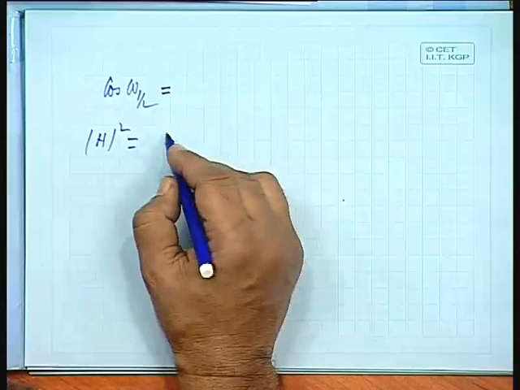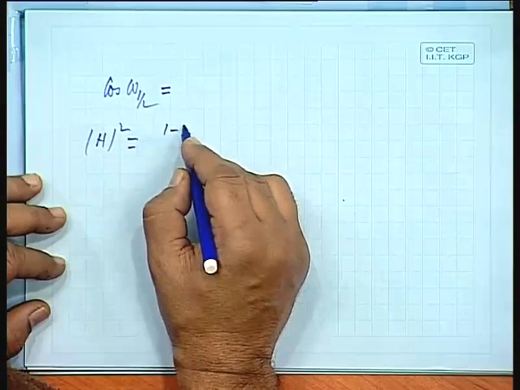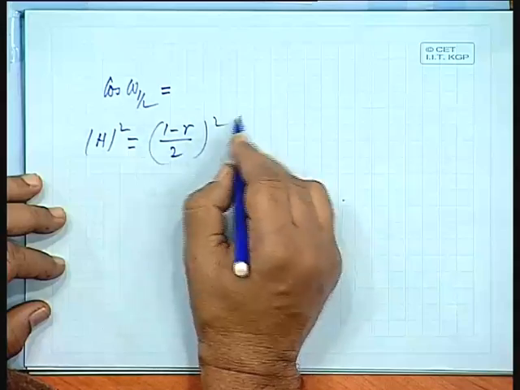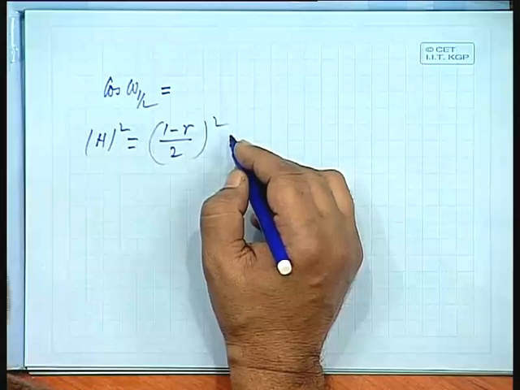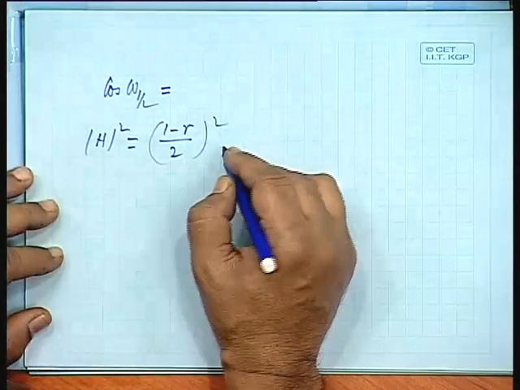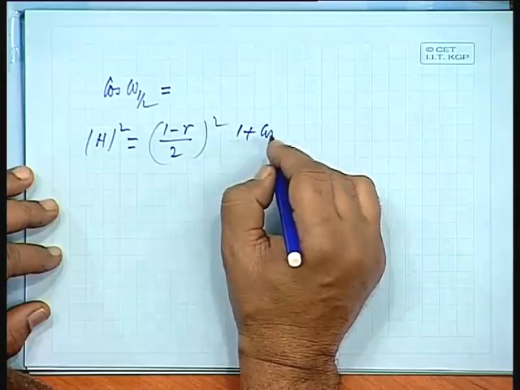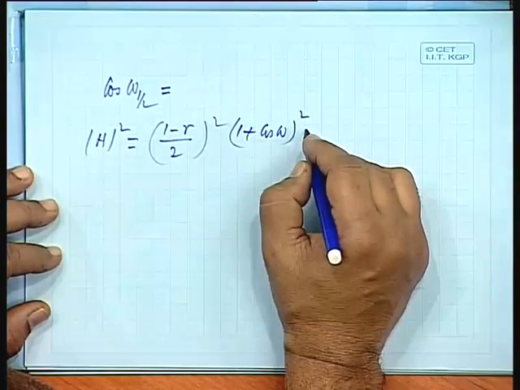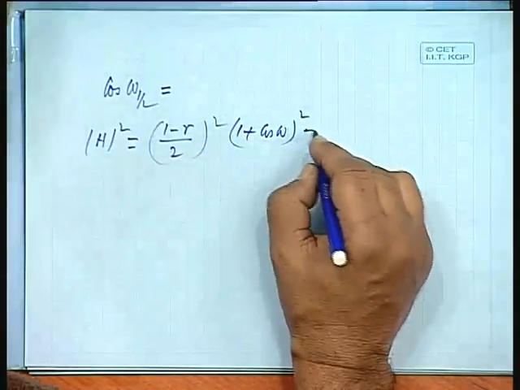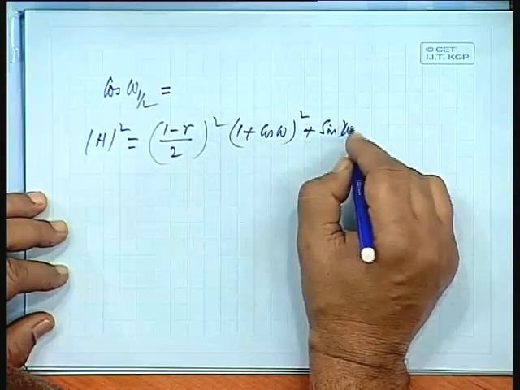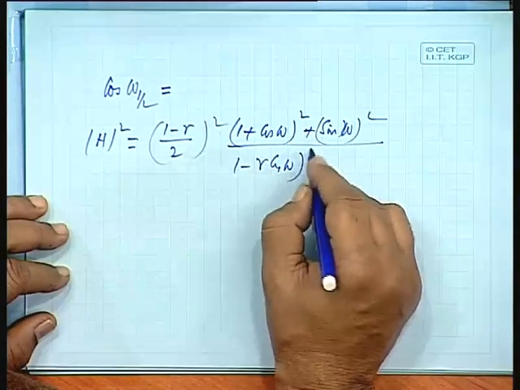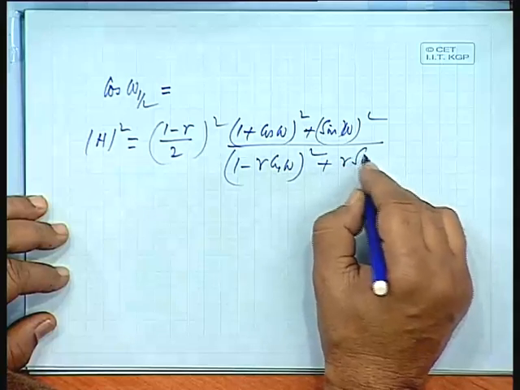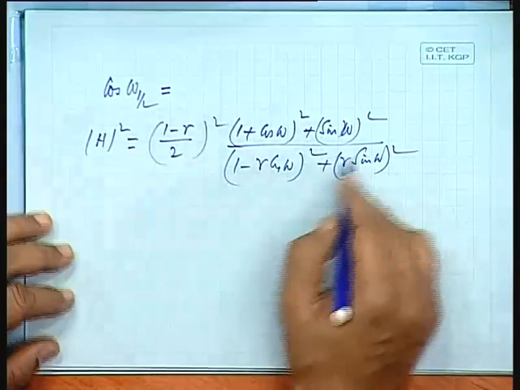So, H squared we saw is (1 minus r) by 2 whole squared, this is k squared, into (1 plus cosine omega) whole squared plus sine omega squared divided by (1 minus r cosine omega) squared plus (r sine omega) squared, and this must be equal to half